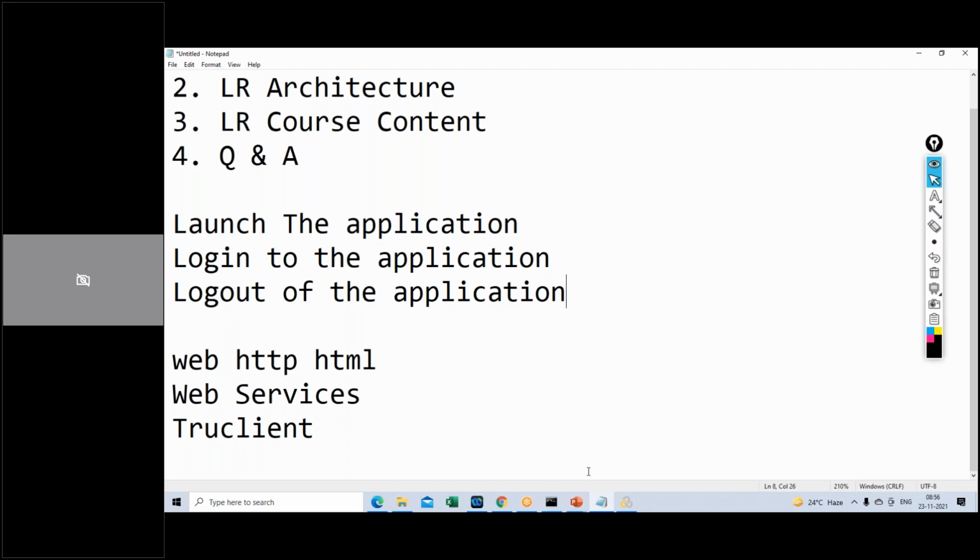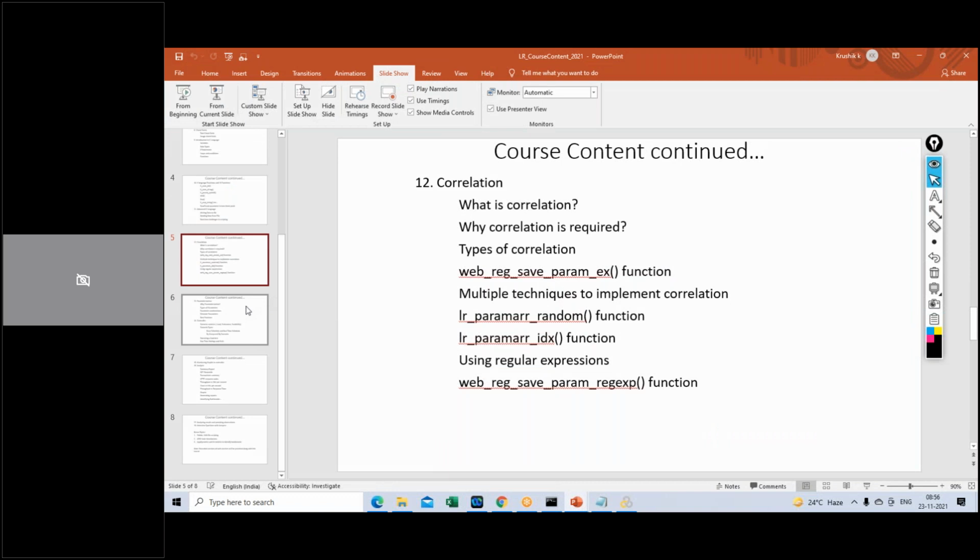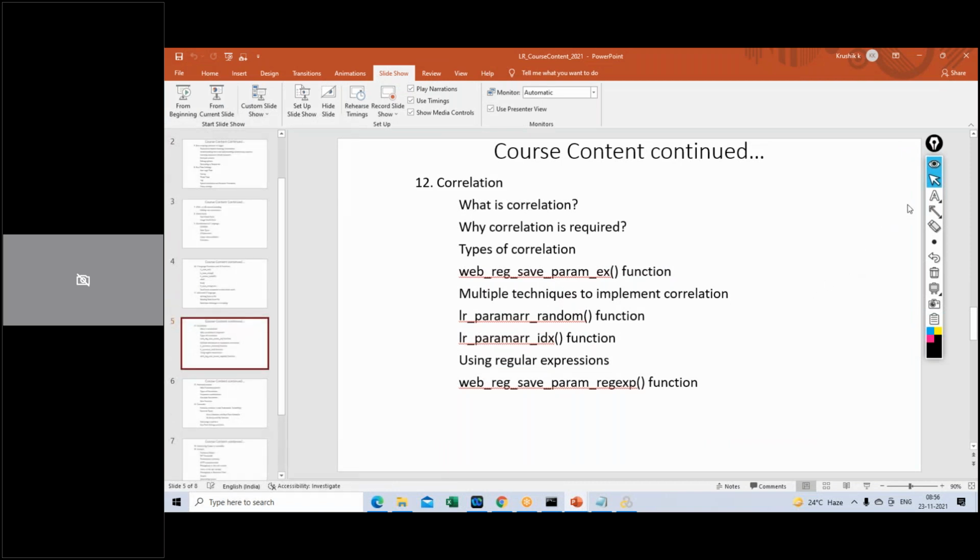Any other questions? Yeah, tool installation. You can install it on your laptop. I will help you out with how to install the trial version. Yes, the concept will be covered. Kajauddin, load balancing and IP spoofing concepts are covered.